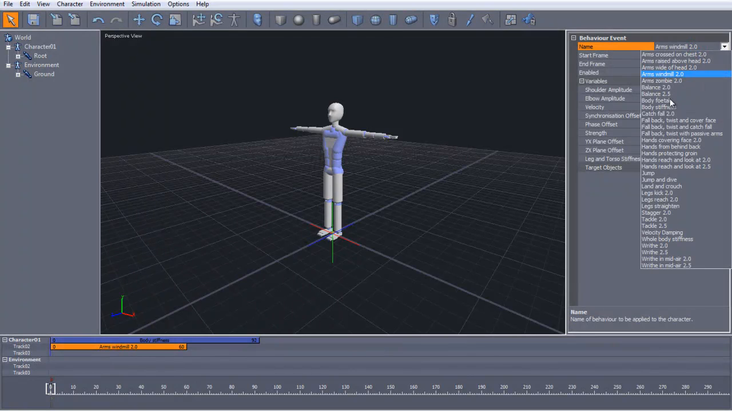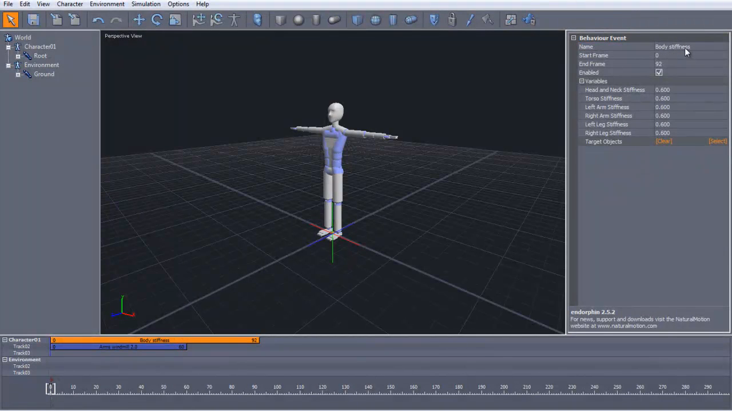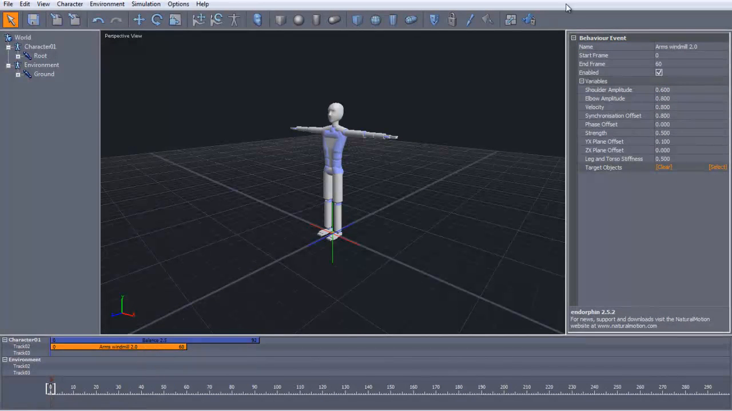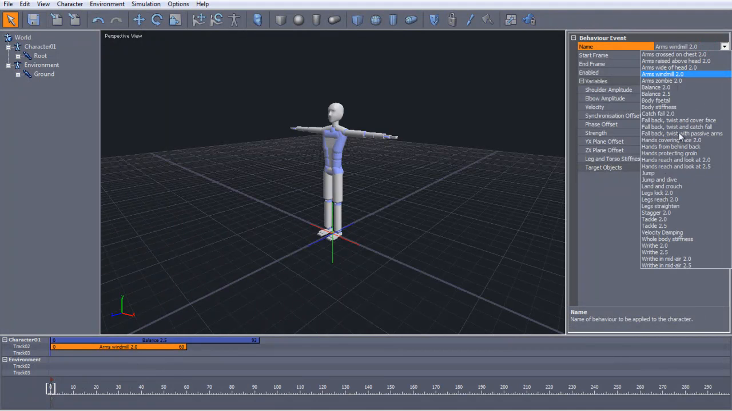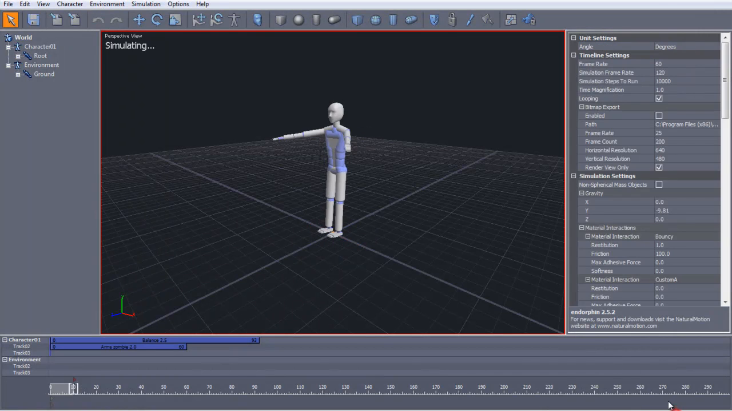So I could now maybe do, say, oh, sorry, actually, I just realized something. It's not body stiffness, it's balance. That's to keep him from falling over. So now if we go into arms windmill again, we could say, and let's see, let's do arm zombie. And then when we simulate again,